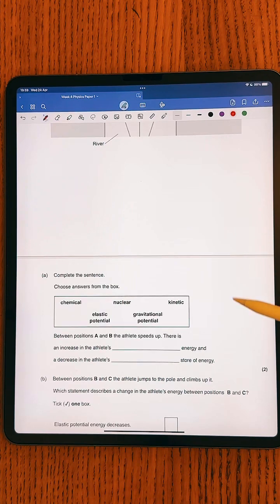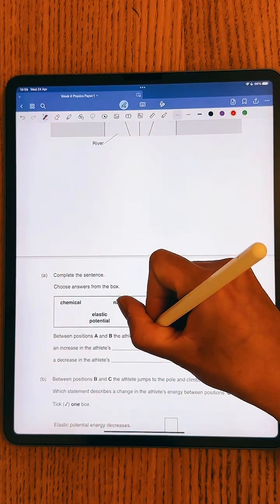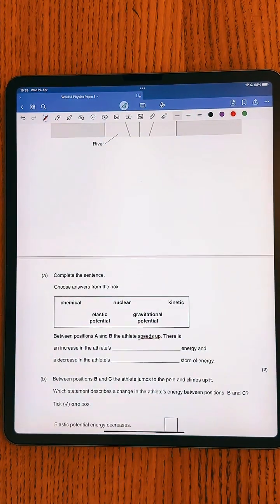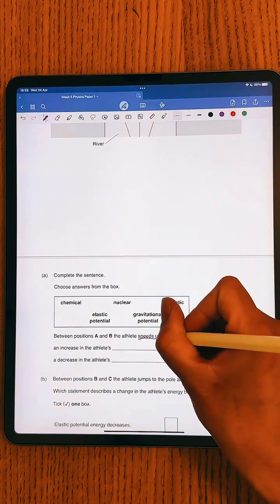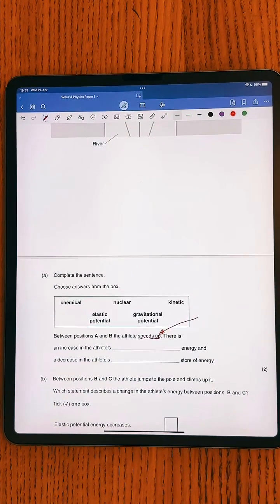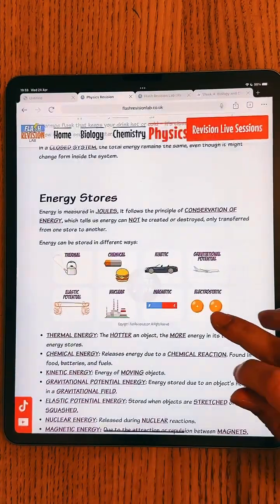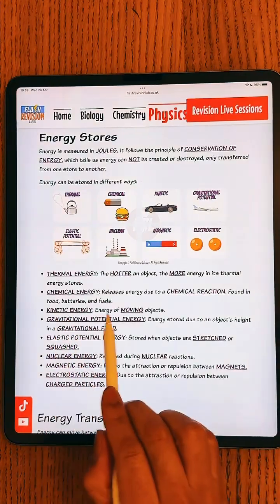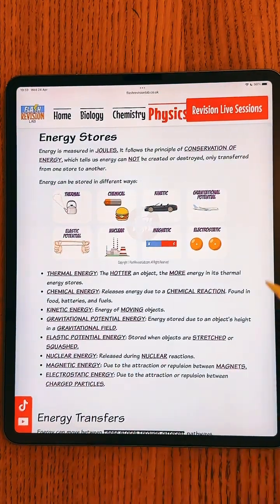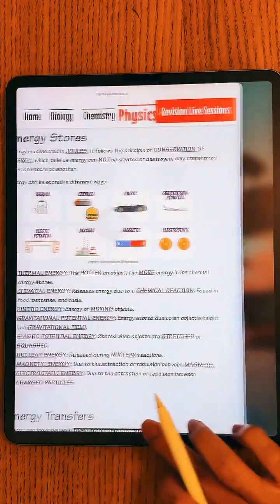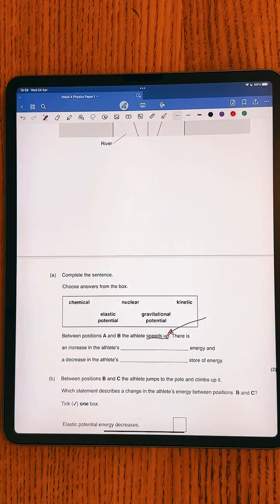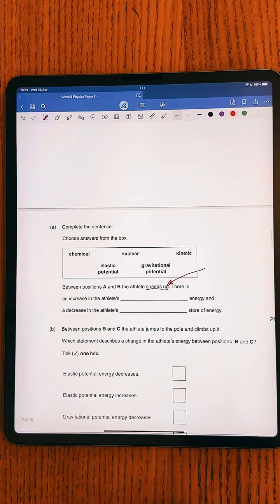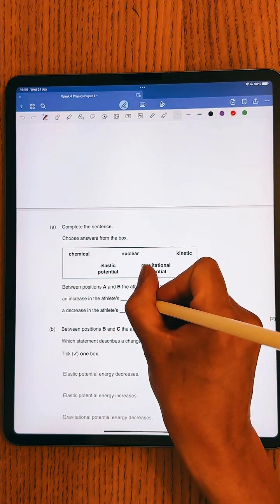Between positions A and B, the athlete speeds up. There is an increase in what? Which type of energy would you say that is? The key thing here is the person is speeding up. Exactly. It's going to be kinetic. Kinetic energy. Out of all the 8 types of energy, kinetic is the energy of moving objects. The equation for kinetic energy is half mv squared. So if you have a higher speed, that means your kinetic energy is going to be higher. So the answer is going to be